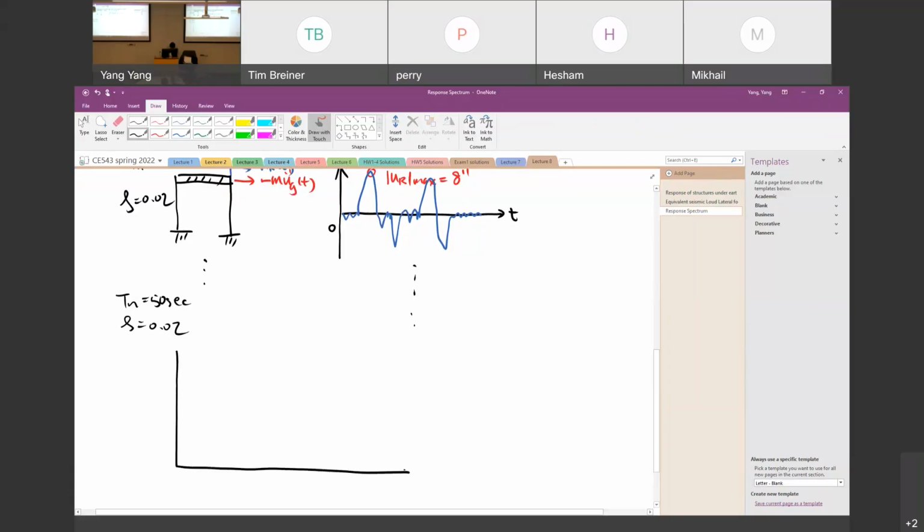draw the response spectrum. So this is 5 or 50? 50 seconds. So now we draw that maximum displacement as a function of the natural frequency. So for